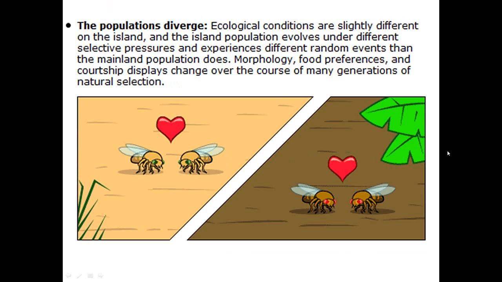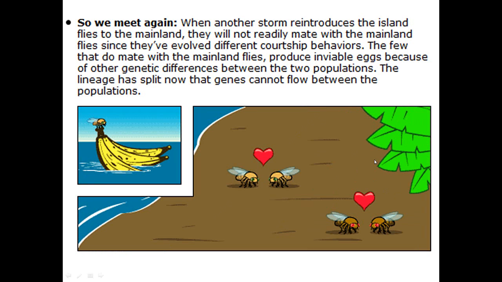The environment is slightly different on each island, so favorable adaptations, because each island is different, keep getting passed along, and it makes these fruit flies different from each other over time. So not just 2 fruit flies, but many, many fruit flies over many, many years. So these 2 populations are becoming more and more different, more and more suited to their environment,